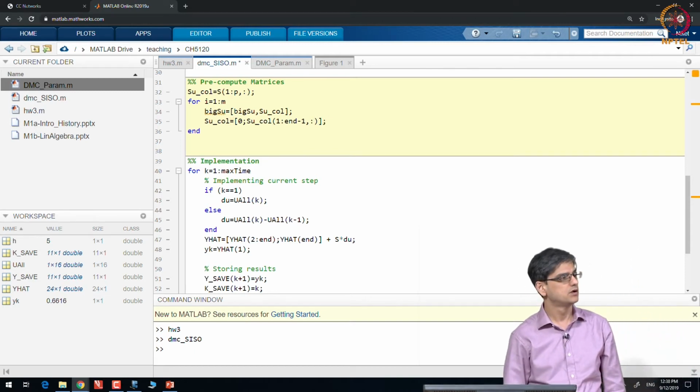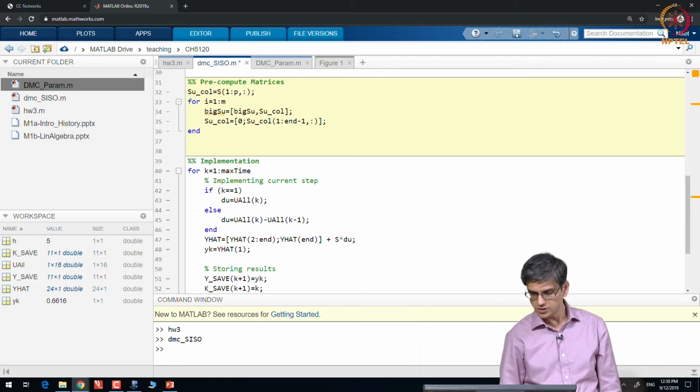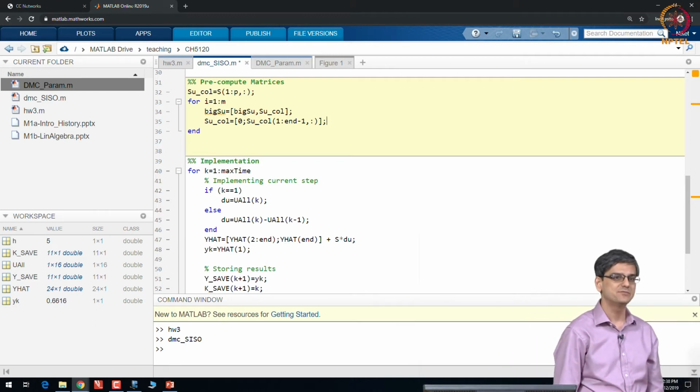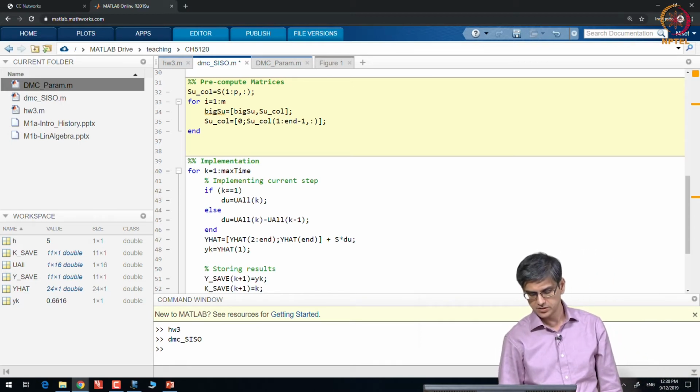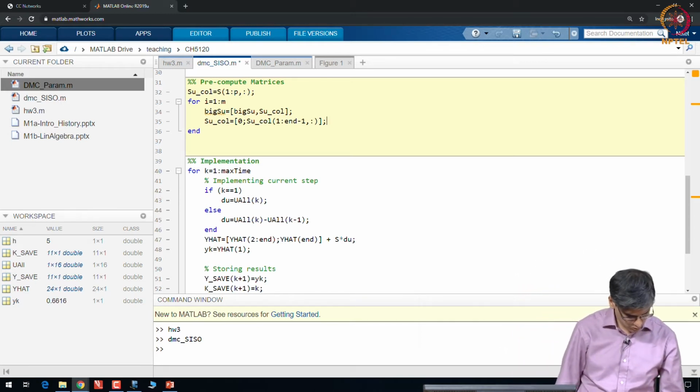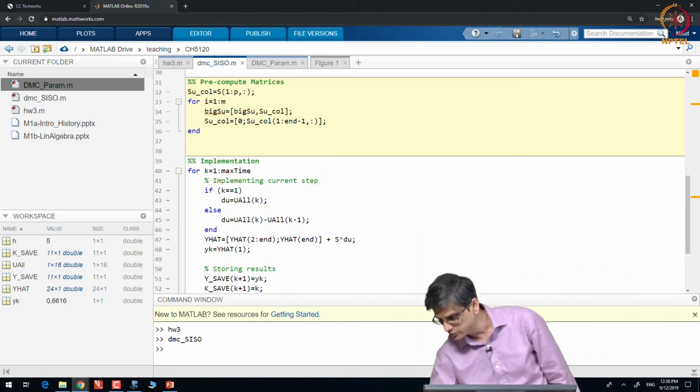How do you go for MIMO? Instead of end minus 1, it would be end minus ny. That should do the big SU for you.